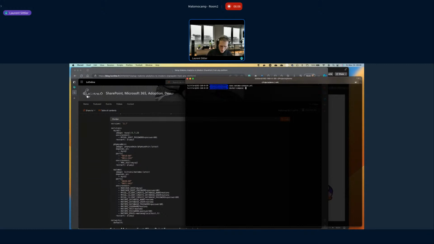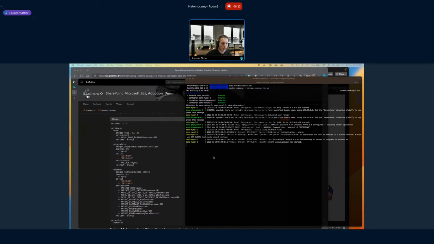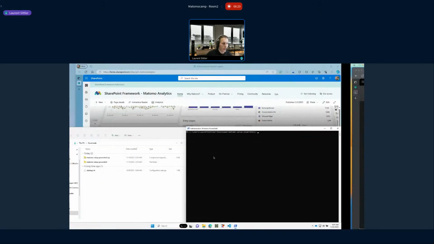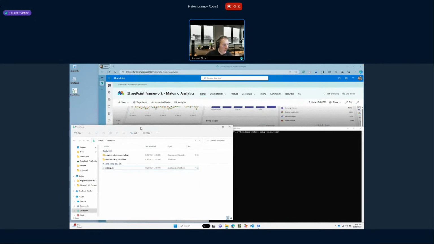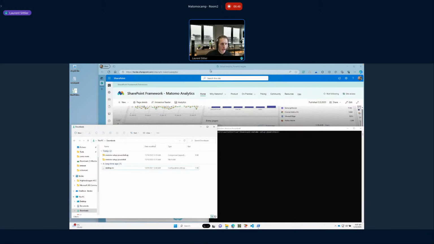Docker Compose, file Matomo. I already pulled it on my side yesterday, so I don't have to pull the whole image. I just have to bring up my server directly on my local laptop. I just have to wait while the image is built. In the same way, I want to show you something this time. I'm mainly working on macOS and Linux, but this time I chose to use Windows to deploy the solution on the environment, just to change, and that can be fun.